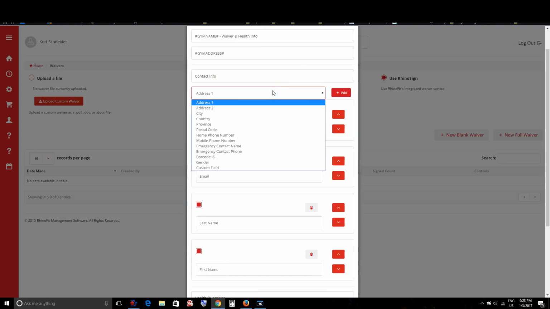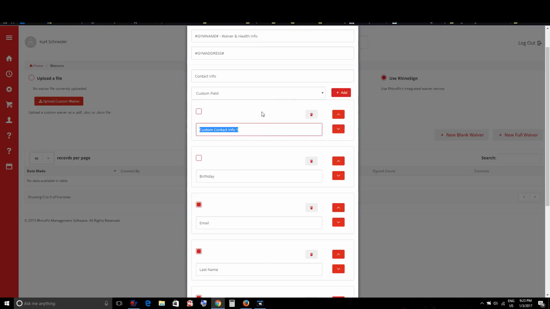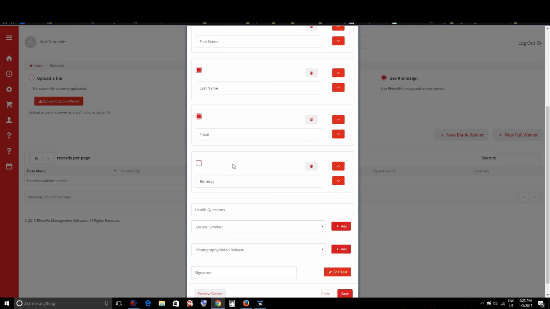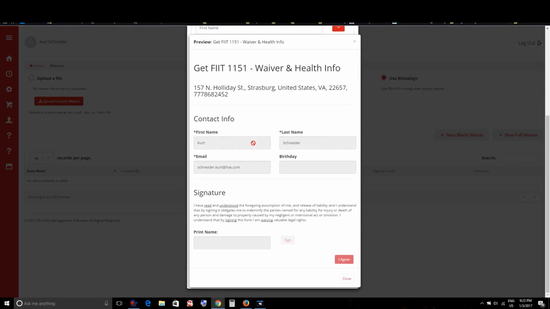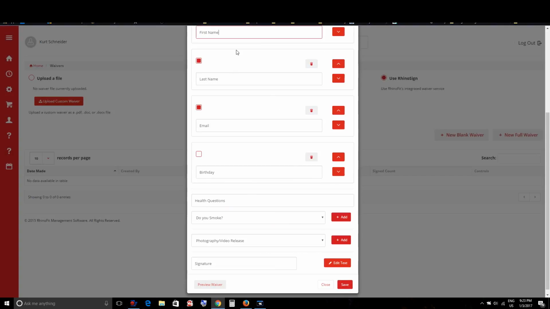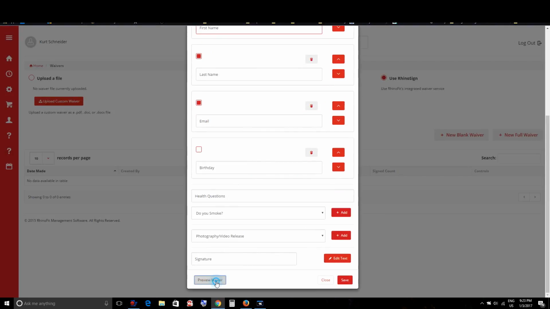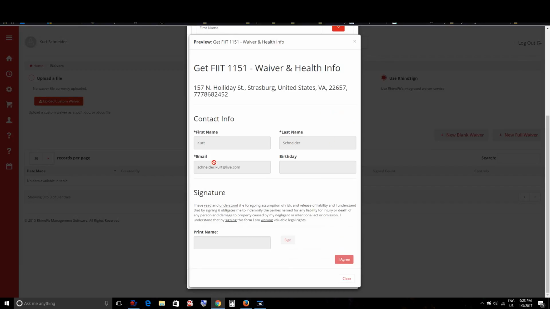There's also many other fields, including any custom field that you'd like to make. I have no need for that in this example. Additionally, I think requesting a birthday is okay, but requiring it is unnecessary. You simply have to order these in the order that you want them to appear, and I think that you can scroll down to look at the preview. So after adding information, you can scroll down and click preview to see how it would look in the end